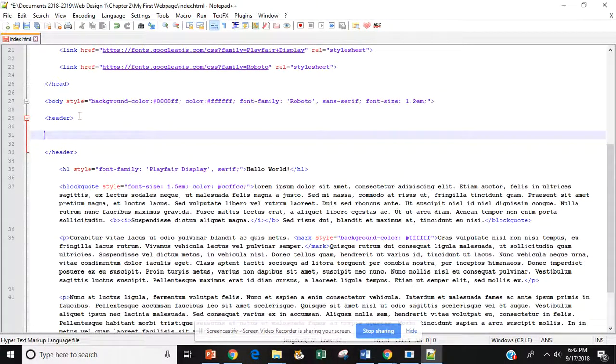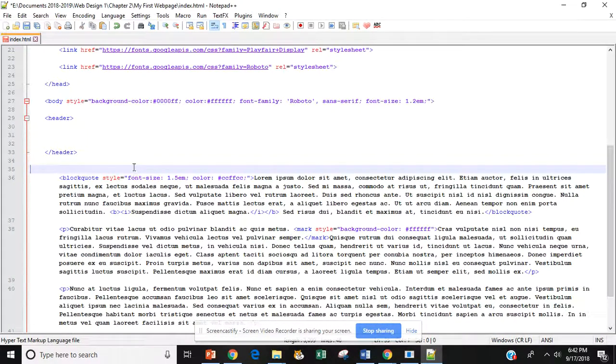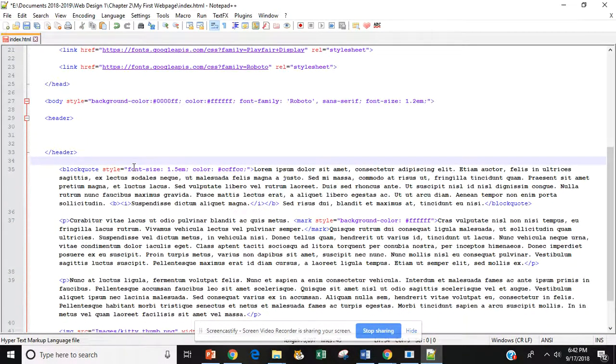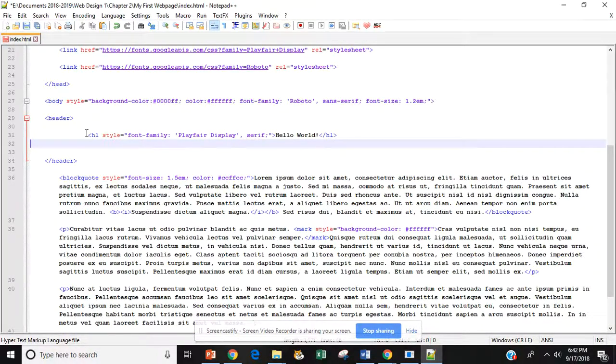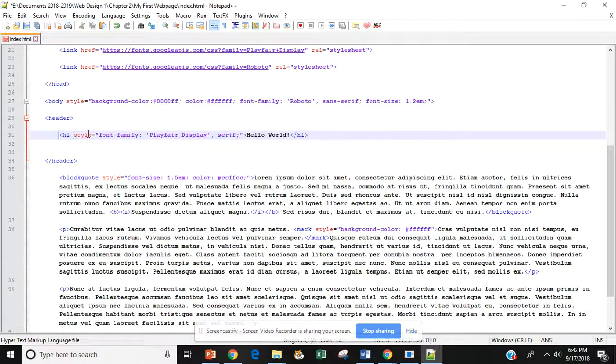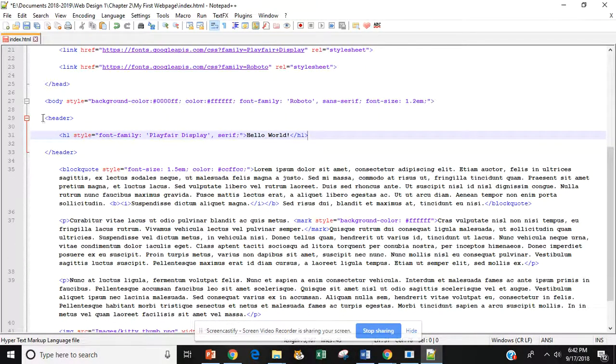I'm going to put a couple spaces in there, and then I'm going to triple click on my H1 tag, and I'm going to cut that, get rid of the extra spacing. And then between the opening and closing header tag, I'm going to Control V, and now I have my heading section in there, and that's what I want. So now I have my header set up,